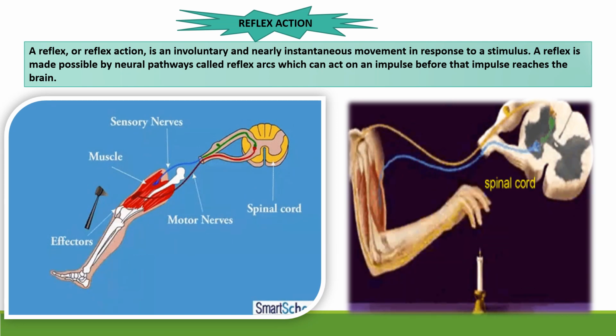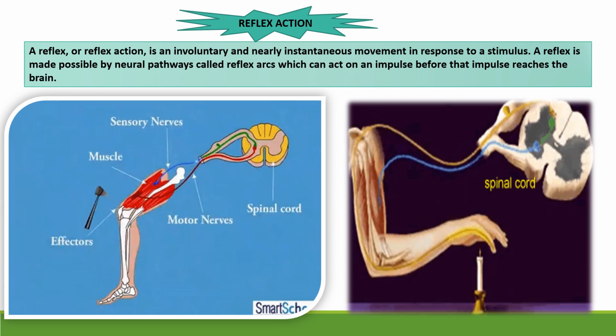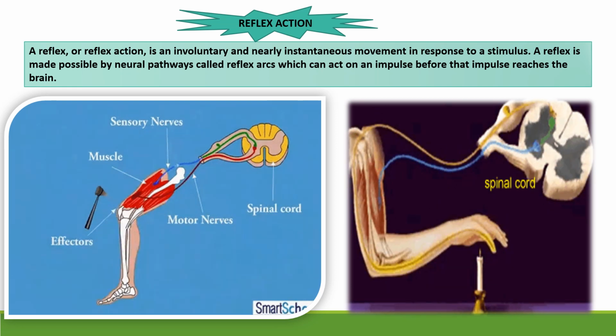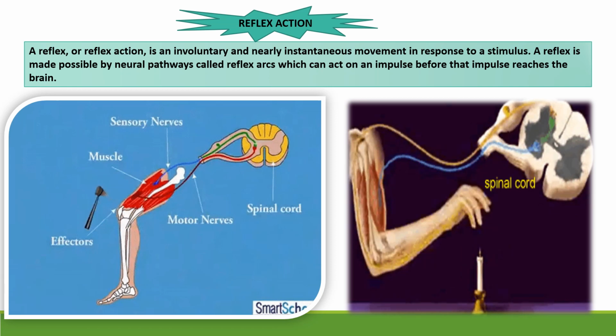Here are some examples of reflex action. Before describing this diagram, I am telling you something. I am giving you some examples actually. First one, when light falls on the eyes, the pupils constrict unconsciously so as to prevent entry of an excessive amount of light. Next one, during walking, when a pin pricks or some painful stimulus strikes the foot, there is sudden involuntary withdrawal of the limb, that is the foot, away from the source of the painful stimulus.